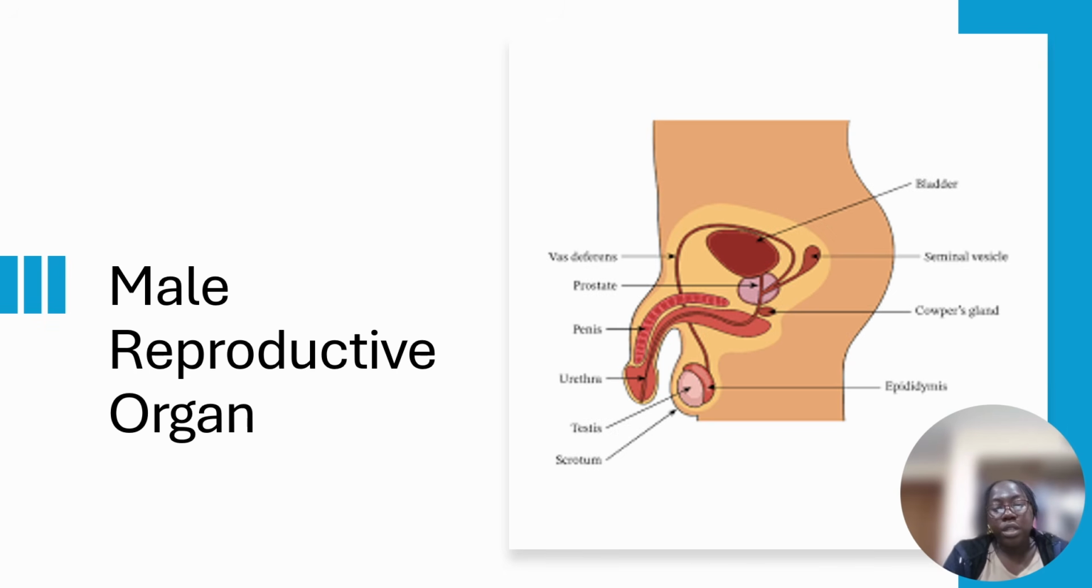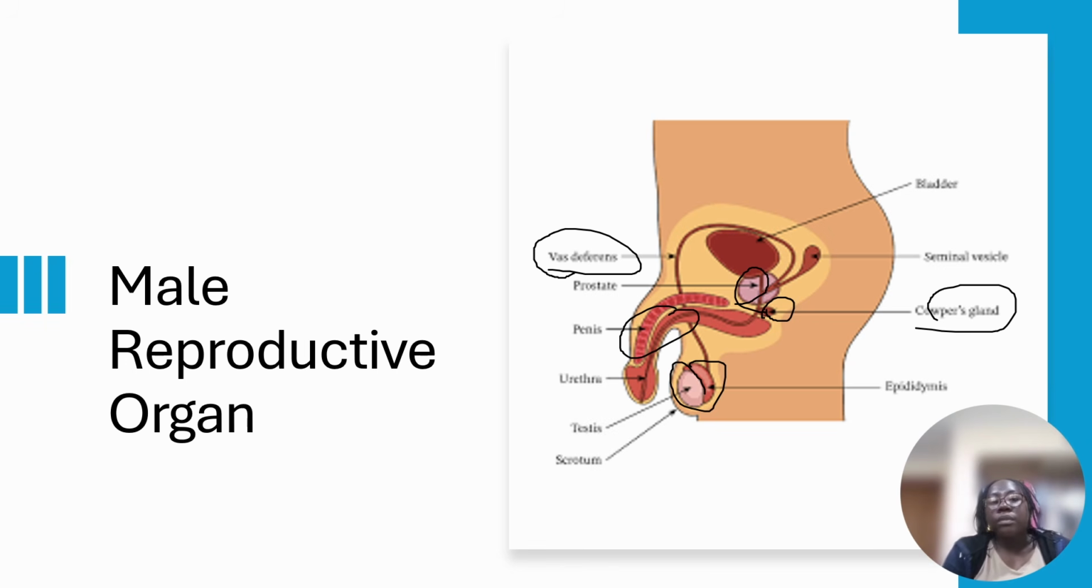these are the different organs in the male reproductive system. Here you have the prostate, you have the seminal vesicle, you have the Cowper's gland here. Here you have the testis. You have the bag that is around the testis, which is called the scrotum. You have the penis, and you have the vas